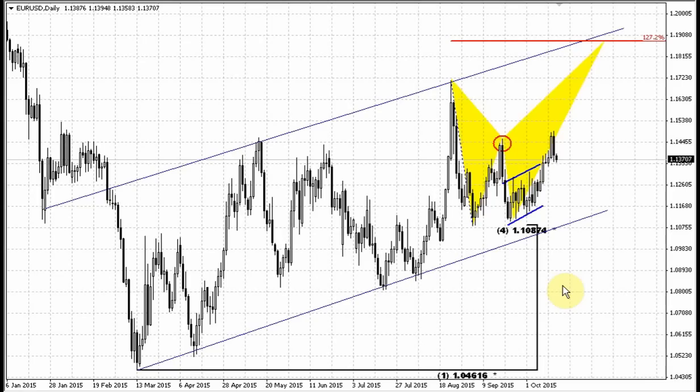Today we will take a look at the euro currency, because here the market has completed the action that we discussed yesterday. The upward action has erased this bearish ABCD pattern and the market has broken up this flag. It's not quite a typical breakout. This was potentially a bearish pattern, but the market has shown the opposite breakout. That's why currently the market is passing the test of the truth breakout,